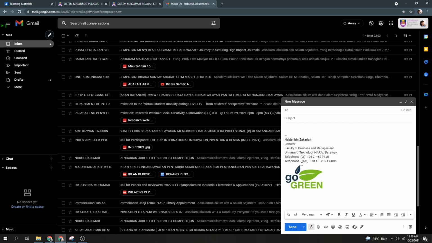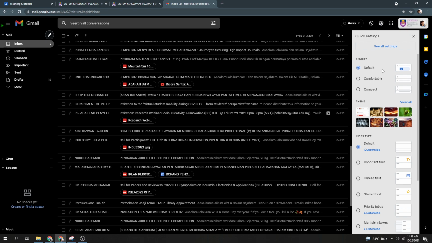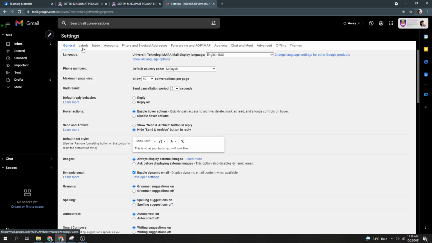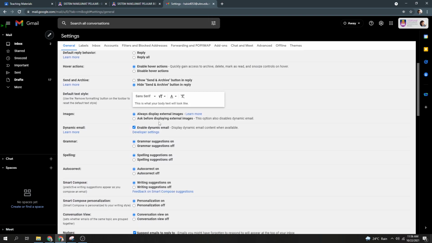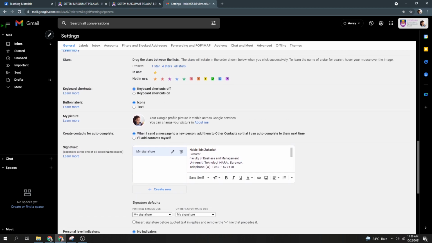Okay, as you can see, this is my signature. How to make that signature: you have to click here. I think most of you know already. And then if you can see all settings, it goes up here: general, label, account, filter. You just scroll down, scroll down, scroll down. Okay, here is my signature